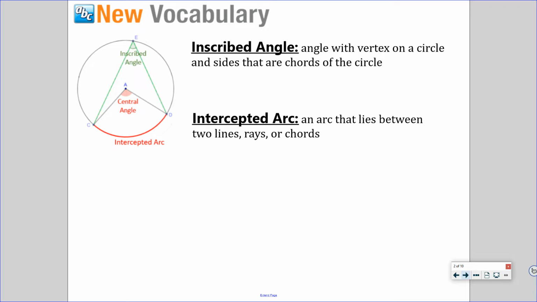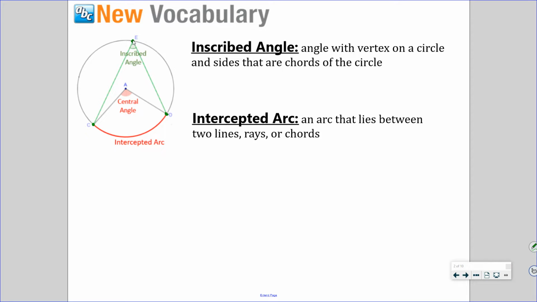Thank you. All right. Here's a couple vocab for you. We talked about inscribed polygons. That is when you have a polygon where its vertices all lie on a circle. So an inscribed angle, connecting our vocab with inscribed and our vocab with an angle, is when our vertex